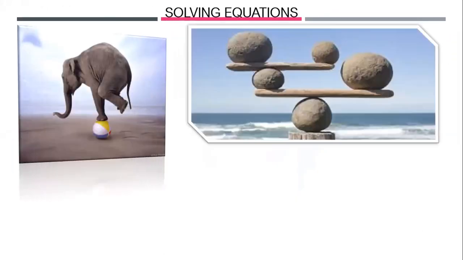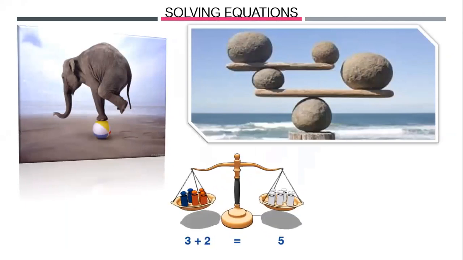You can finish the booklet, by the way. Remember that we need to maintain the balance when we're solving an equation. In order to maintain the balance, whatever you do to the right, you're going to do to the left. So if you add a number here, you're going to add the same amount to the other side. In the equation we have, this one we call the left-hand side because I'm using my left hand, and the other one I'm calling the right-hand side because I'm using my right hand, okay? So if you add 5 to the left-hand side, you should add 5 to the right-hand side. If you subtract, you should subtract. Multiply, you should multiply. Divide,